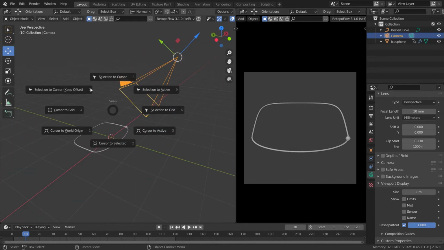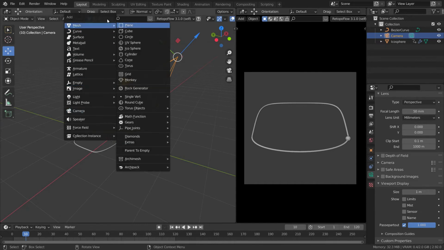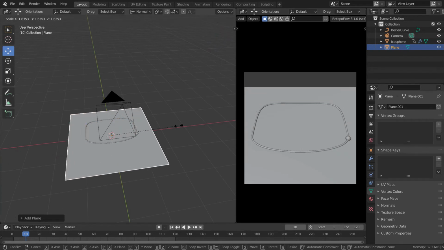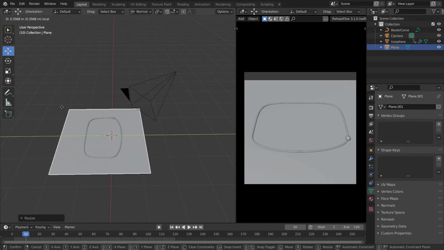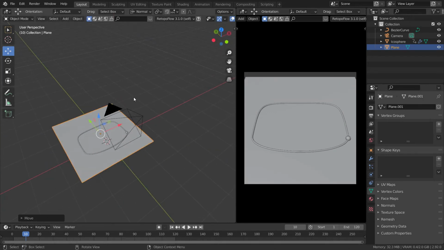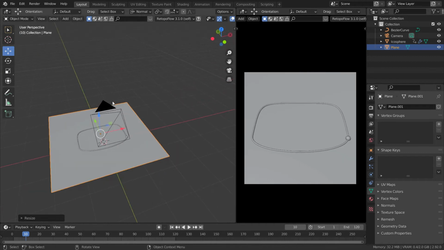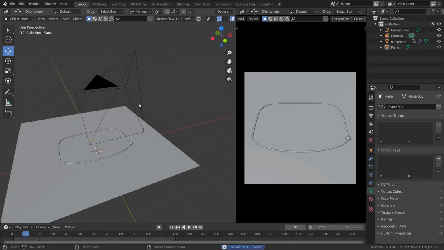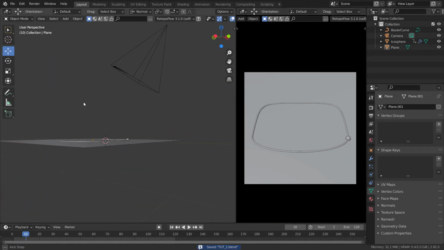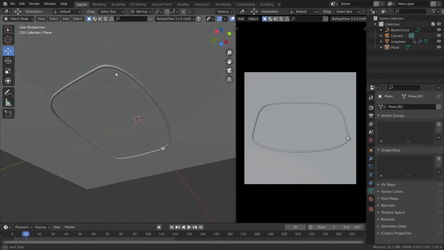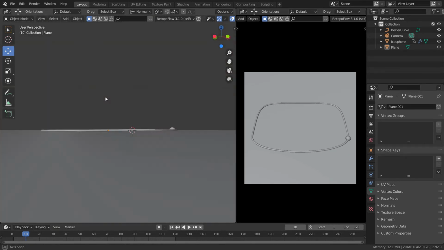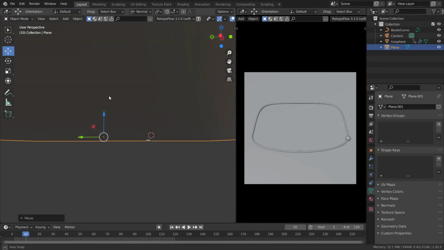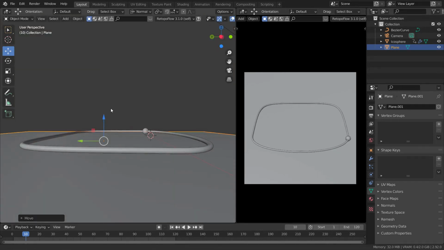Now Shift A, and let's add in a mesh, and that is a plane. This will be our ground, and in that tutorial I made this plane big enough to cover my whole camera. Now I will just scale it. Okay, that's that over there. Now as my camera is completely covered, I rendered everything inside the Eevee render engine, so you do that as well. Also, as you can see, my plane is cutting my curve, so I will grab it a little bit down, until nothing is getting covered.